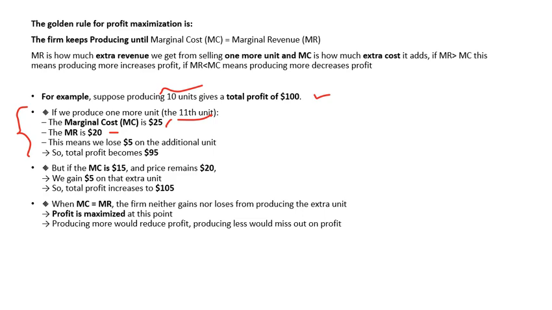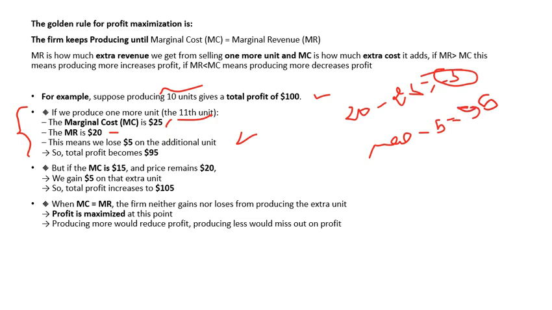will provide $20 as revenue. Now this means producing an additional unit, by selling it you get $20, and this additional unit costs you $25. 20 minus 25 will be minus $5. So the firm will lose $5 for the additional unit, meaning that the total profit becomes 100 minus 5, which is $95